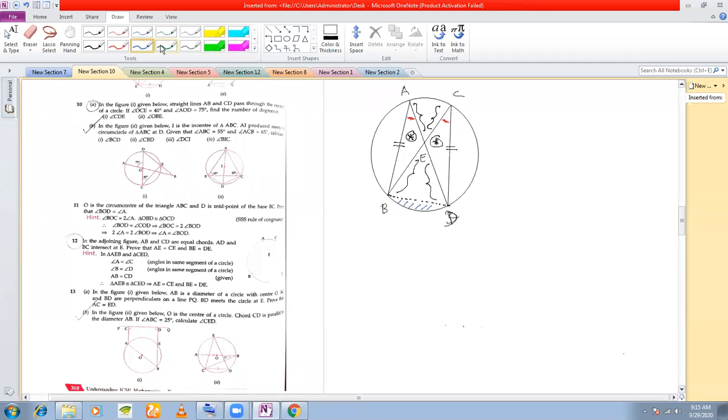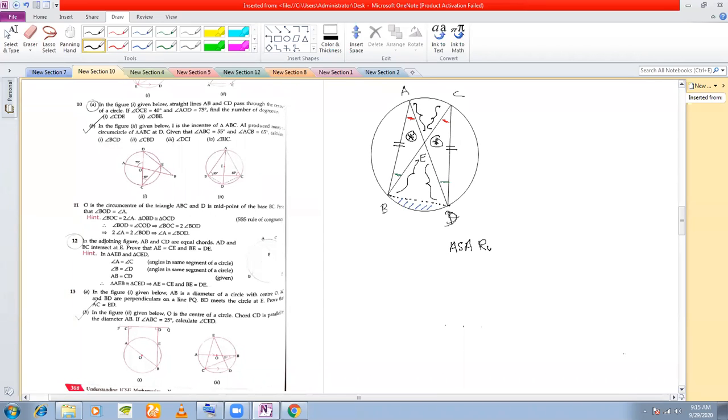And what else? These two angles are also equal. These two green angles are also equal because they are angles in the same segment. And therefore these two triangles must be congruent. And by what axiom are we saying congruency? If you see, AB and CD are what? The included sides, to what angles? The red and the green angles. So therefore by ASA we are going to prove this congruency.